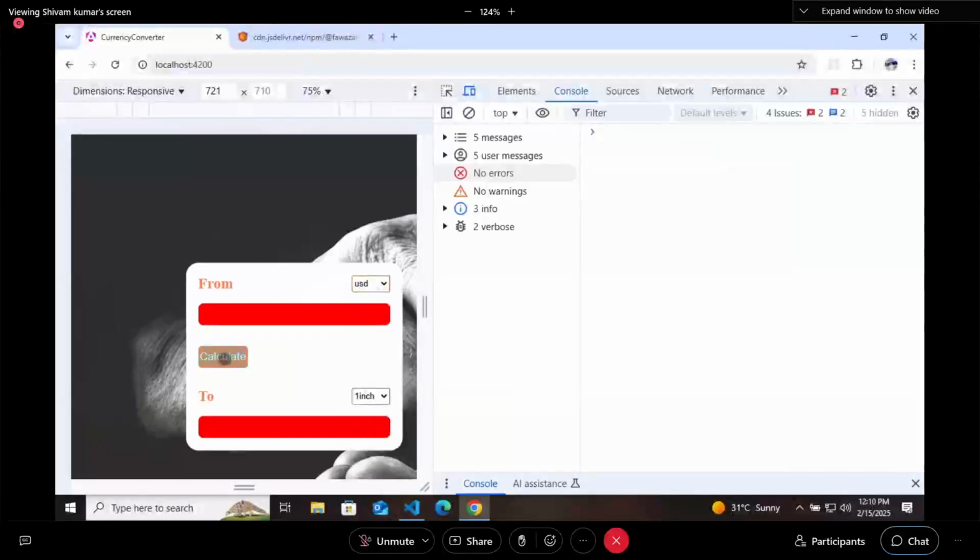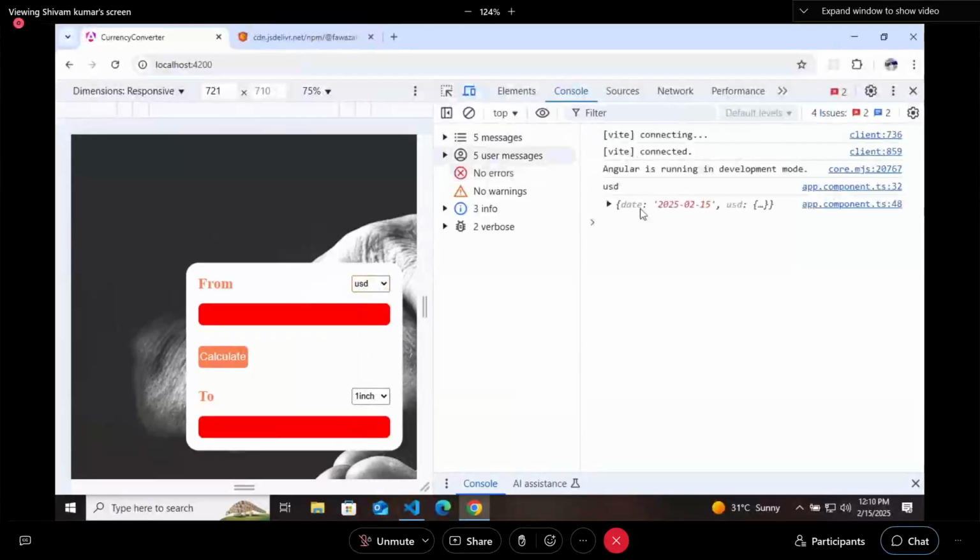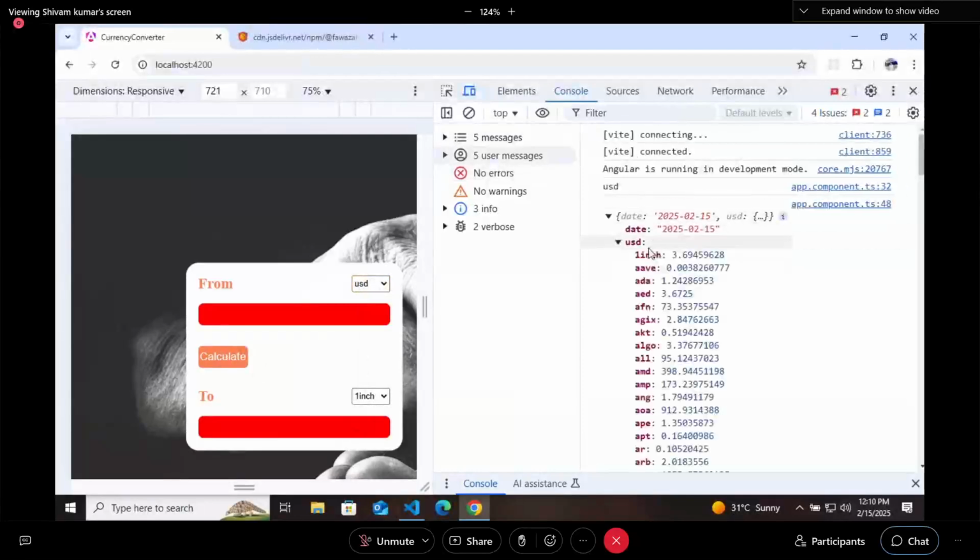Click on calculate. And now it is sending the USD data to the other ones. It means that it is working on keys.